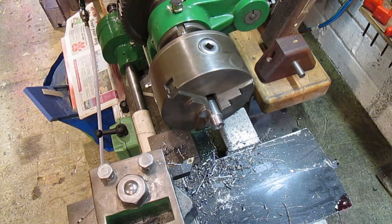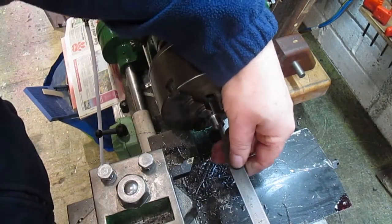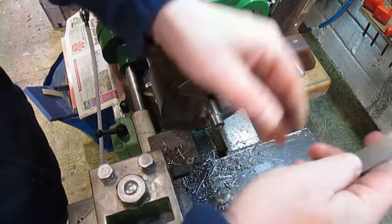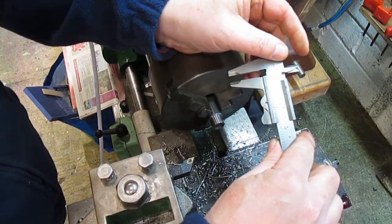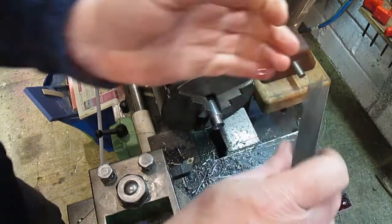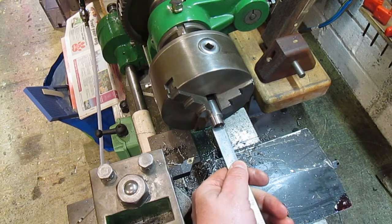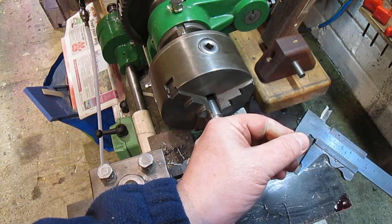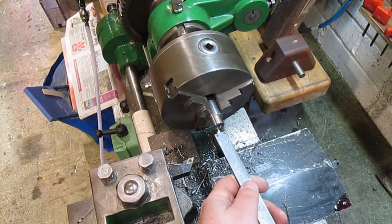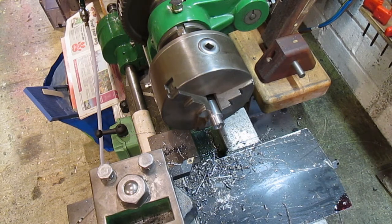Right, we need to part that off now, don't we? I just want to check the depth on that, maybe give it a polish up before we go much further. We are at 7.5 mil. Okay, so if I trim that off at 10 mil,